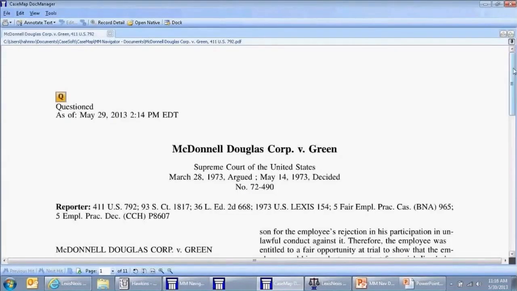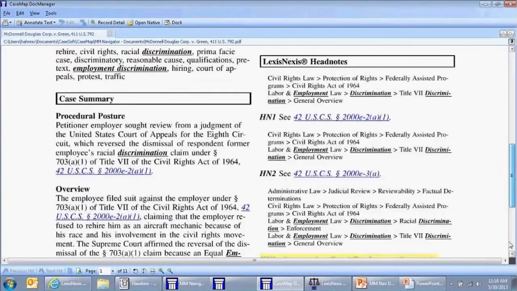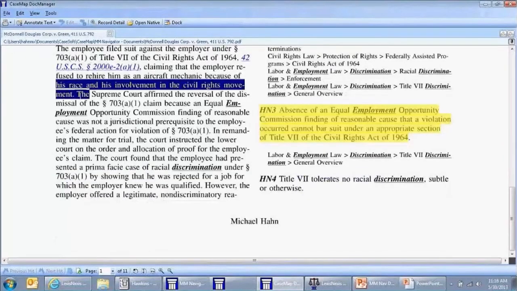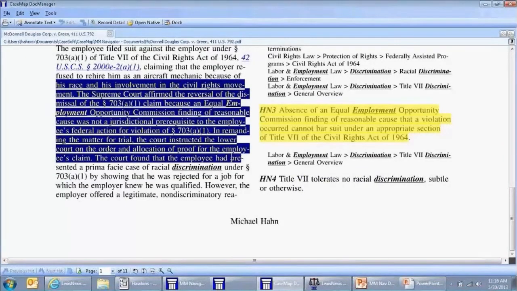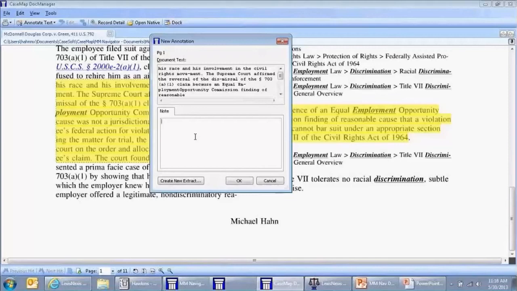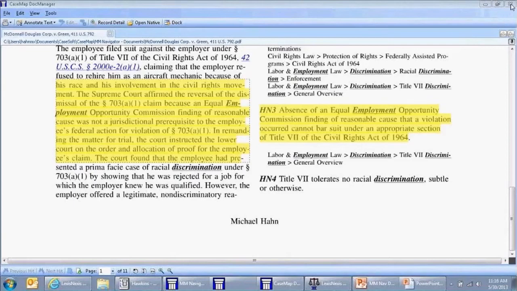What I will have the ability to do, as I'm looking through this case law research, is, let's say I do find a section that is going to be pertinent to what I'm trying to manage in this case. I'm going to flag it. I can make myself a note of what the pertinent information is or what information I need to glean out of this case law, and I'm going to go ahead and say let's create a new extract out of that. As I close down this case law PDF,